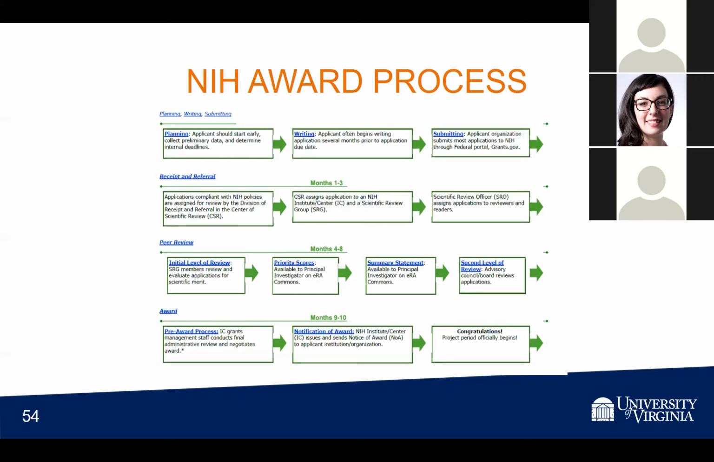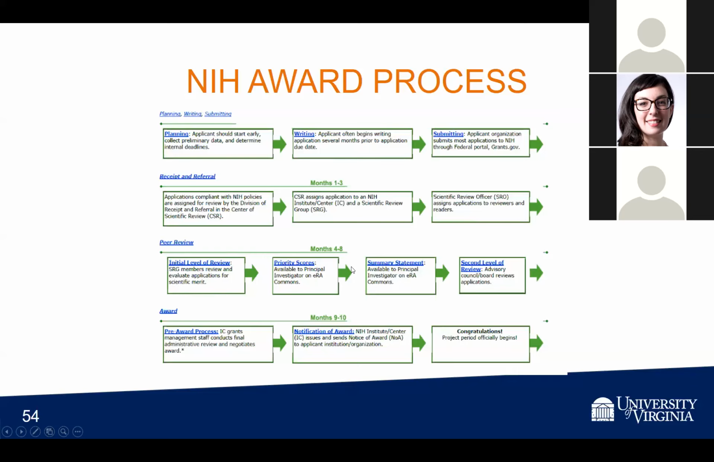So the NIH award process. Here's a map showing the timeline of the different steps: planning, writing, submitting. Then there's receipt and referral. It talks about how an application gets assigned out to an institute and center and a scientific review group in months 1 to 3. And then it goes through the peer review process,